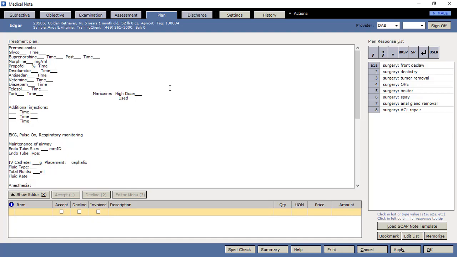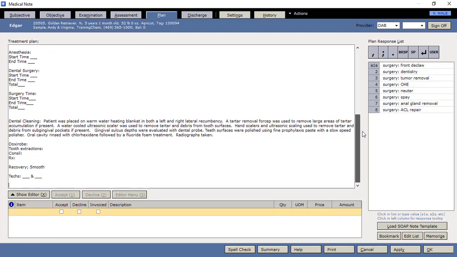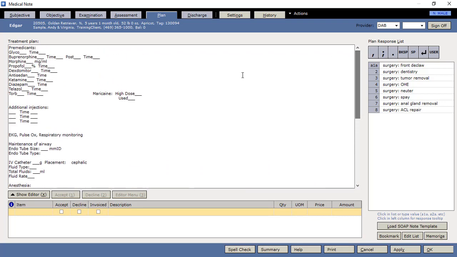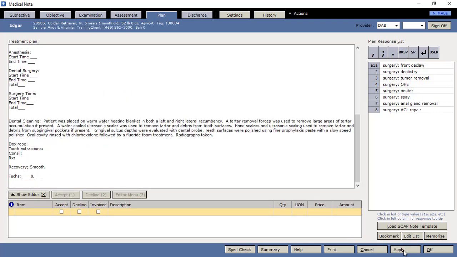Now we move on to the plan. The plan, as you can see, has a lot of text that is auto-filled in here. This is for our treatment plan layout, and this is just one way of using this section. You can also copy-paste from a Word document or do whatever else you'd like to do as far as the pick list goes, and use different items, different size things, paragraphs, sentences, phrases, single words to populate automatically. Now we do want to add some items to an invoice. I'm going to save this medical note,